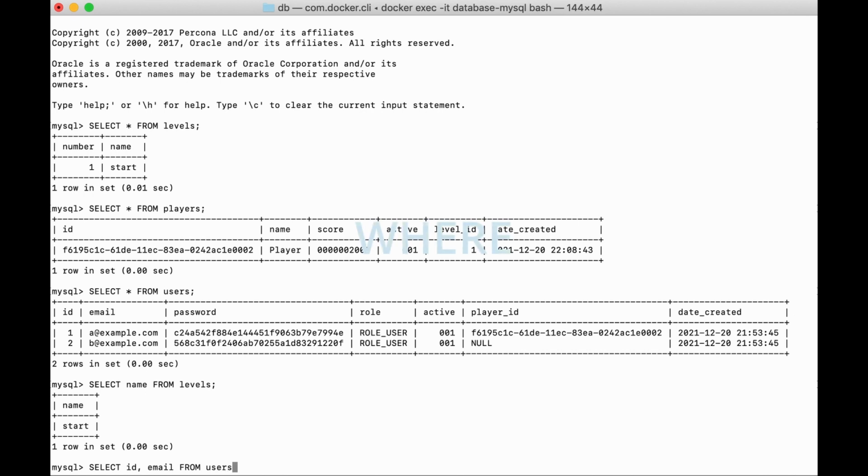For select to be useful in practice, it's very often used with the phrase where. This gives us the possibility of filtering data. Let's check.